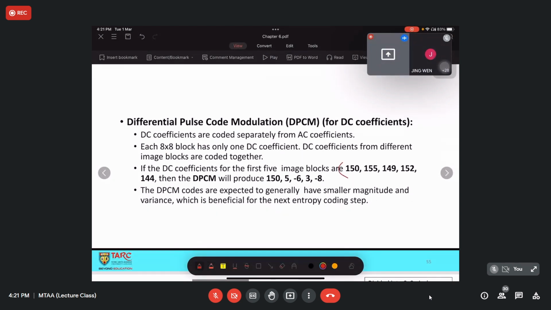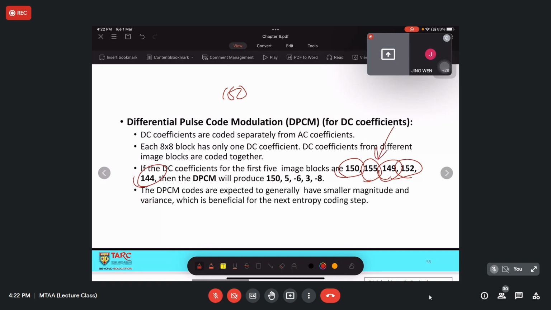So let's say the first value of the DC is 150, and the subsequent values are 155, 148, 152, and 144. The first value, 150, you cannot really remove, because you need this value to calculate the subsequent ones.